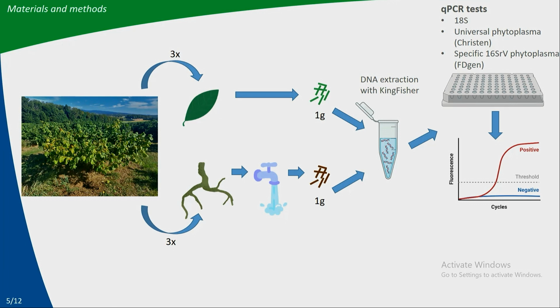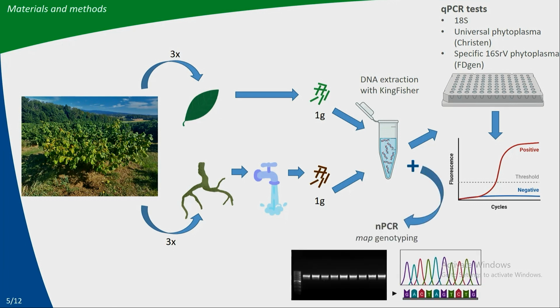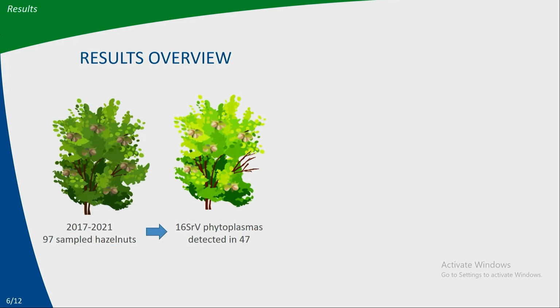The samples that were positive for 16SrV were also done with nested PCR for the map gene, so that we could know the map genotype of these different samples. So electrophoresis and Sanger sequencing was done. If we go to the results overview, the survey was done from 2017 to 2021, and altogether 97 samples of